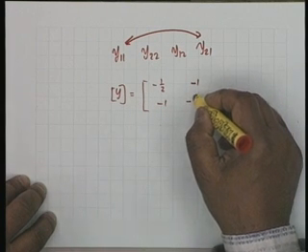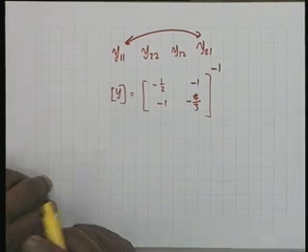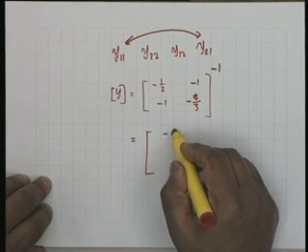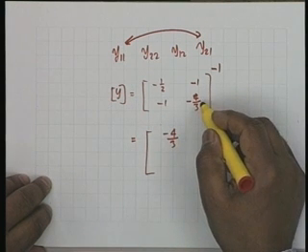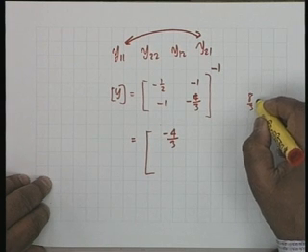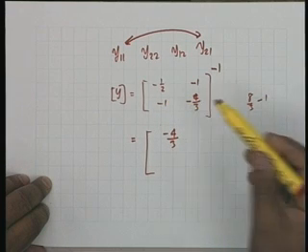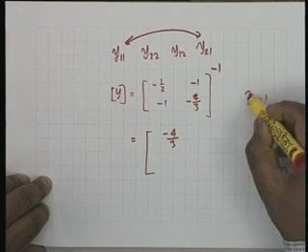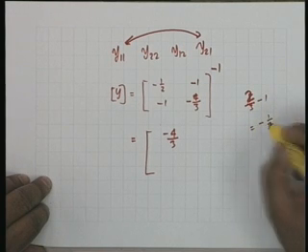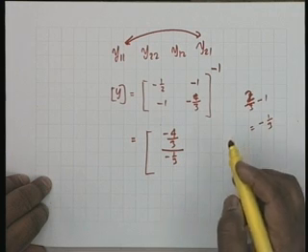minus 4 by 3. Okay, inverse of this. So this is equal to minus 4 by 3, this one, divided by the determinant. What is the determinant? 8 by 3 minus 1. Is that right? This multiplied by this, 2 by 3. Okay. 2 by 3 minus 1, which is equal to minus 1/3. Agree? So this divided by minus 1/3,